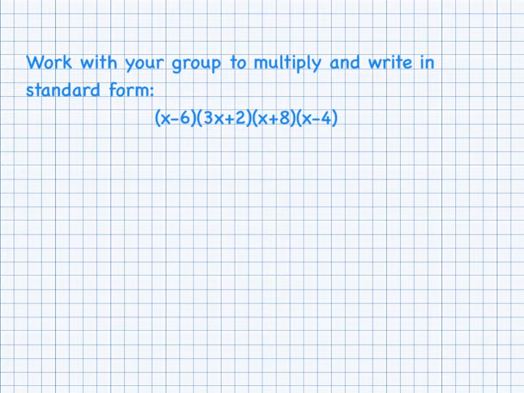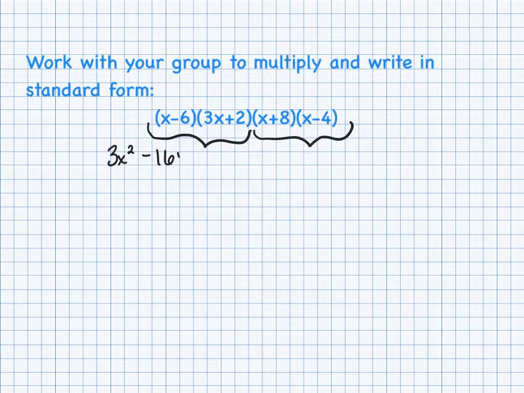Next up is a bit more complicated. What I would do for this one is multiply the first 2 out and get a trinomial, multiply the second 2 out and get a trinomial, and then multiply your 2 trinomials together. So pause, give that a try. I'm not going to use the boxes to multiply the trinomials simply because I'm going to run out of space if I do that. So this ends up being 3x squared